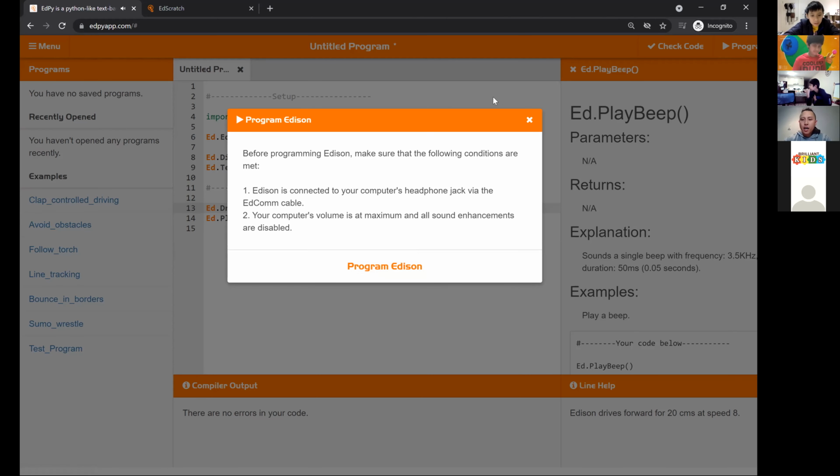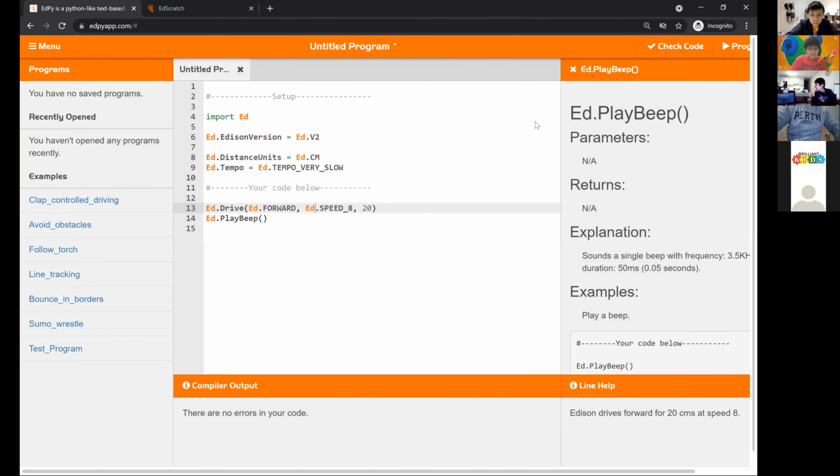Yep, and now if we try to run, it will pretty much drive forward and play a beat. So drive forward and play a beat. Okay, I'll let you try to do that.